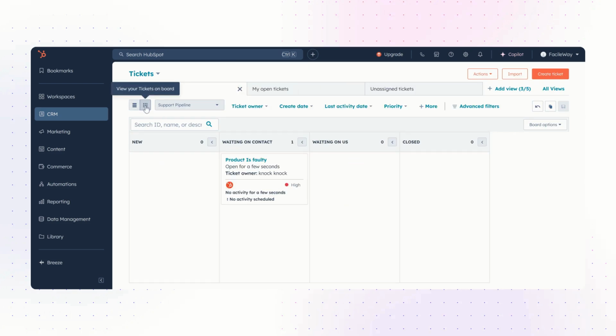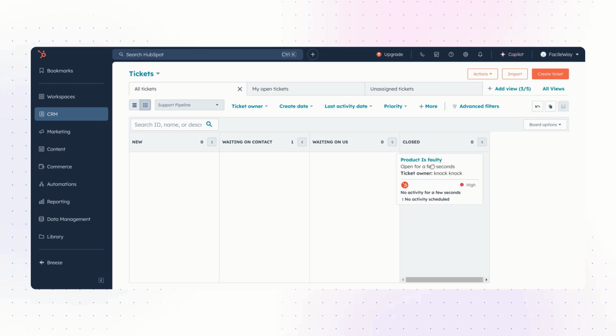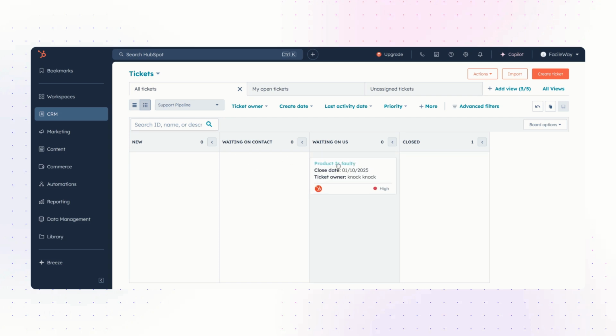Okay, that's on board view here. Waiting for contact. Like if the ticket is done and closed, you can simply drag and drop to the closed. It will show the ticket, the problem is solved and the customer is satisfied. Okay, then when the client is waiting for a reply, you can drag and drop to this here. You can assign that where it suits most. Okay, if the ticket were totally new, you can set it here.